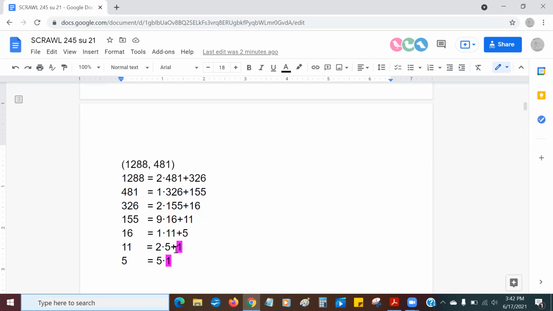So again, the last non-zero remainder, the last number before I hit 0, is my GCF, which means that the GCF of 1288 and 481 is equal to 1,